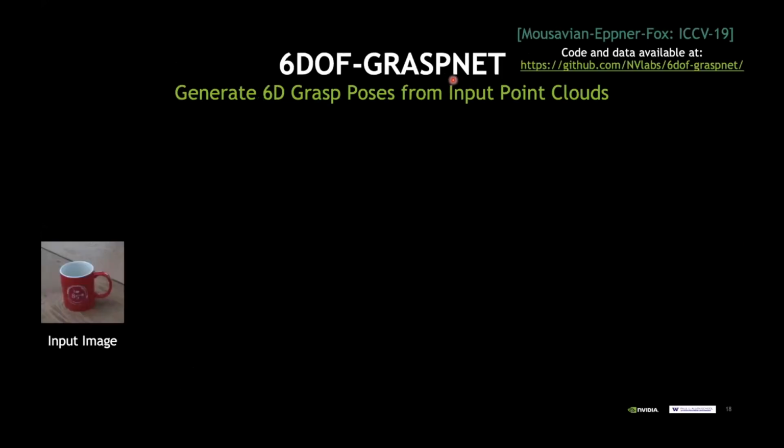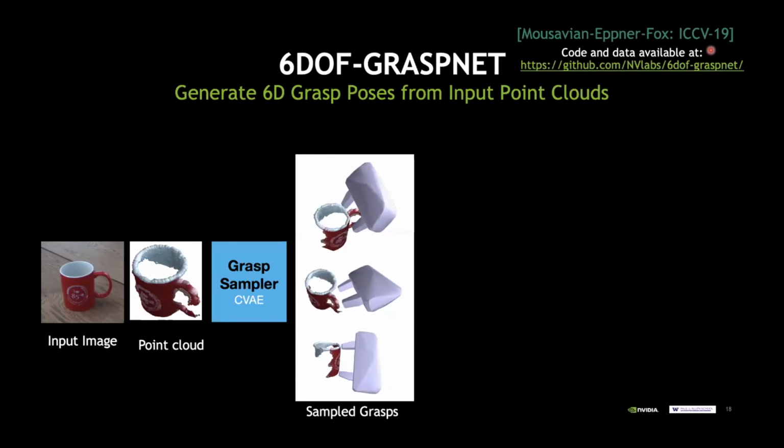We can now use this data to train a conditional variational autoencoder. This is work that Arsalan did for ICCV last year, and I encourage you to go to the website up here where we publish the code, and also the data set is available for this as well. So the input now to this, what we call GraspNet, is the following. We get a point cloud from a depth image of the scene, and the CVAE is trained to sample from that point cloud 60 grasp positions for the gripper. Here are just 3 examples, but it can sample hundreds or thousands, no problem.